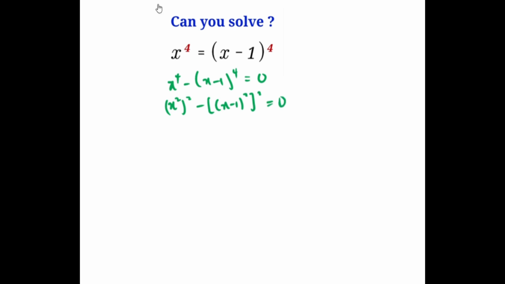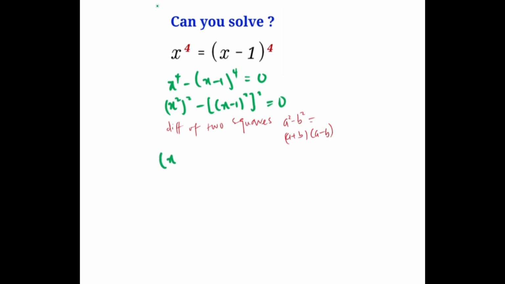Now, using the method of difference of two squares, which is a squared minus b squared, which is the same thing as (a plus b)(a minus b). Using the same method here, we have